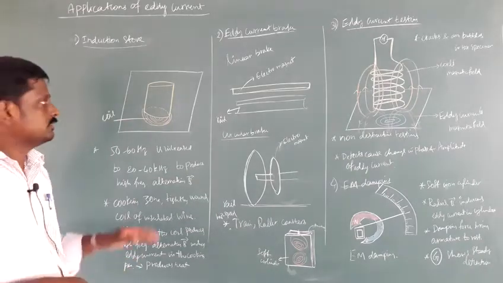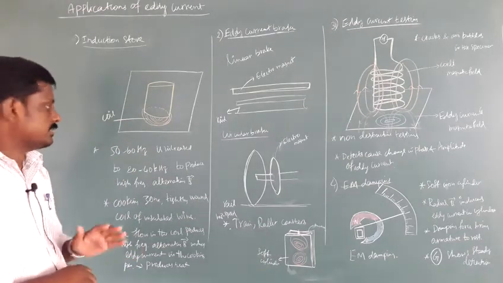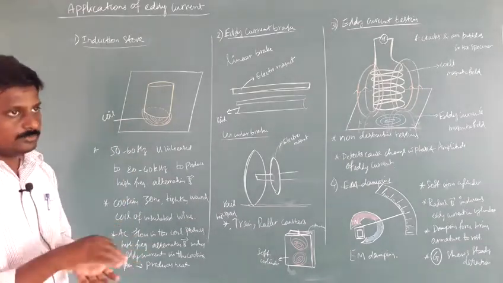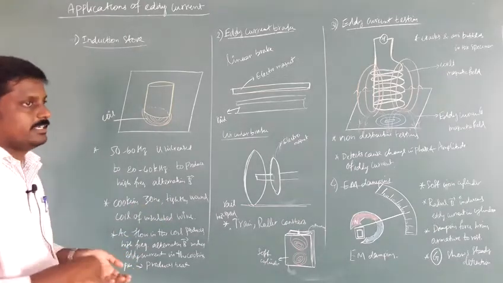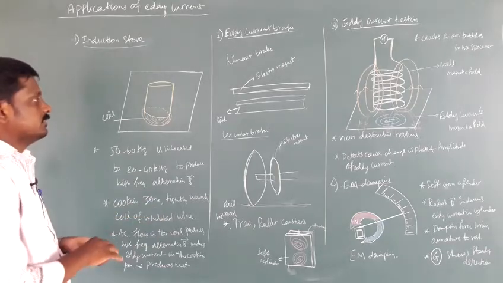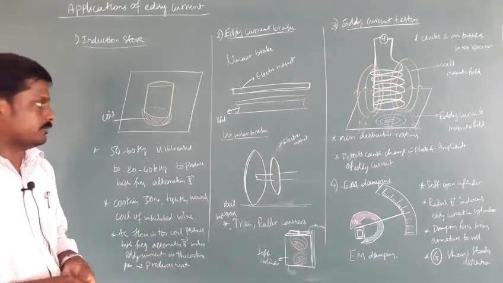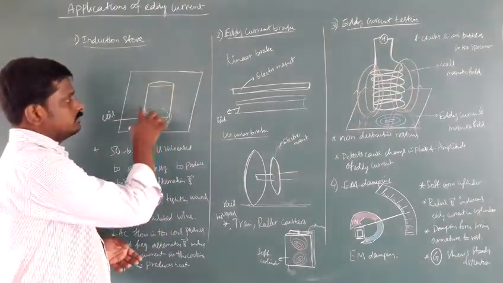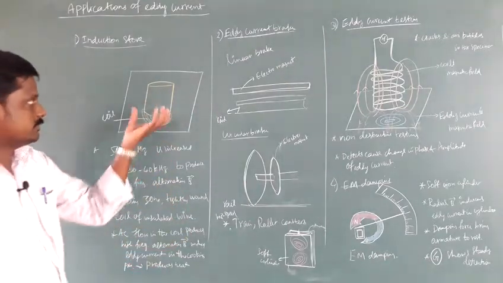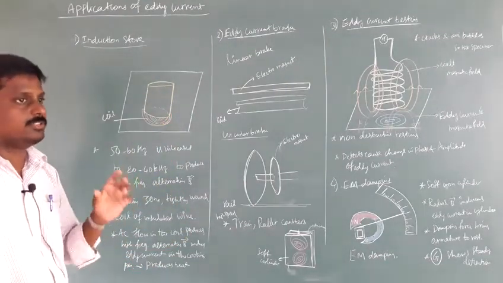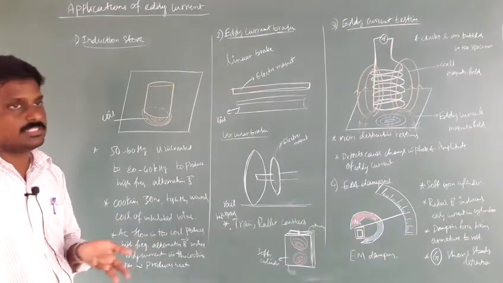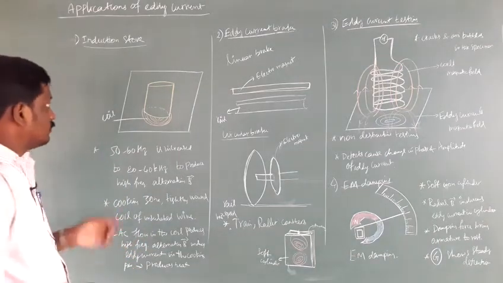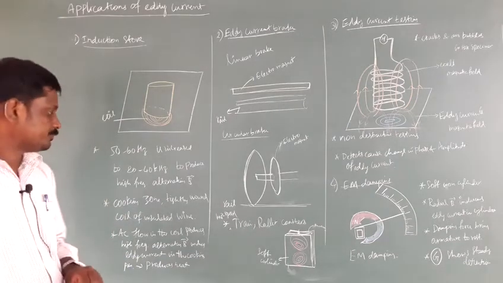Below the cooking zone there is a tightly wound, insulated copper coil. The coil is connected to an alternating current. On the cooking zone we place a pan. The pan should be of suitable material. A copper coated or copper bottom vessel is somewhat good for cooking on an induction stove.